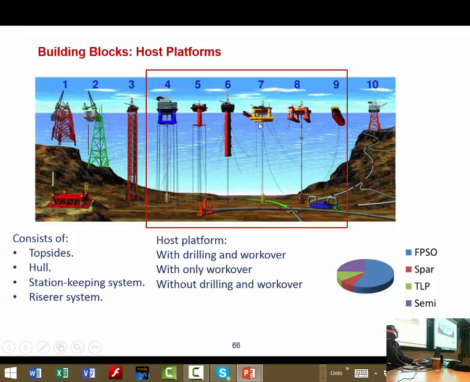Excuse me, yes. Do they have storage capacities, spar platforms? A spar has little storage capacity because it's not so sensitive to the